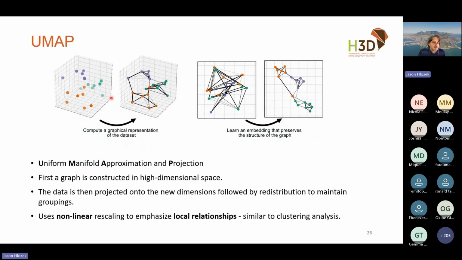Whereas with the UMAP, what we do is in our high dimensional space, we link together the compounds that are most similar to each other. And once we've projected them down into a lower dimensional space, we redistribute those points to maintain those connections in this new space. And so we're changing the underlying relationship of the global data in order to maximize the visualization aspect. So really, you can think of this a bit like a clustering type approach, where it's emphasizing these local relationships rather than the global structure of the data.